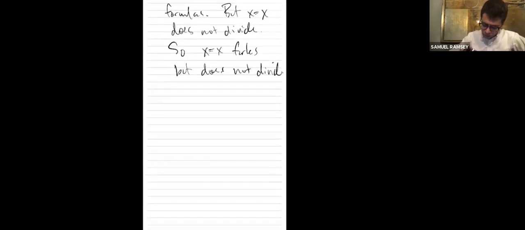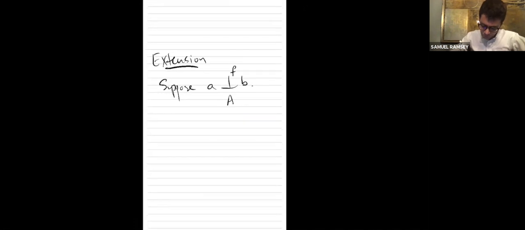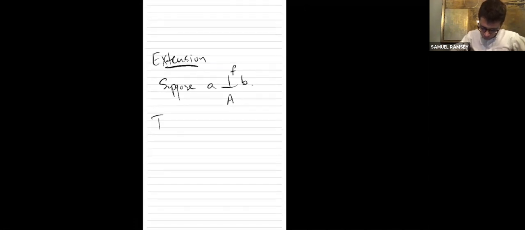Okay, so the one I want to prove today is extension. And the reason I want to prove this is because I think it explains why you look at forking at all. So here's extension. Suppose A is forking independent with B over A. Then